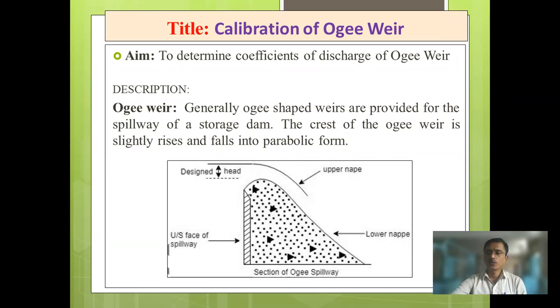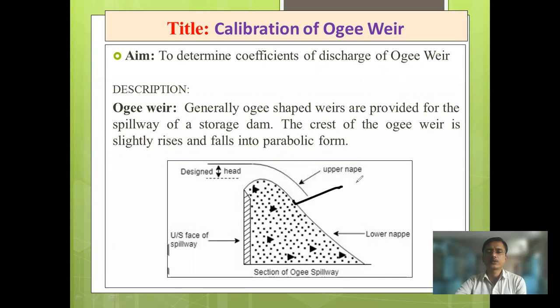Because the lower nappe of the flowing water, when water flows here, the sheet of water is called the nappe. This is the upper nappe and this is the lower nappe. This lower nappe of the water adheres to the surface of the weir and flows stuck to the surface of the weir. Because the shape is given exactly like the shape of the nappe. And due to that, this lower nappe remains stuck to the surface of the weir, and due to that what happens,